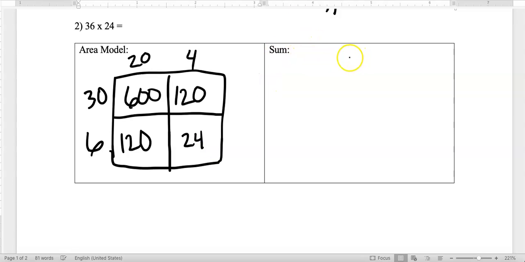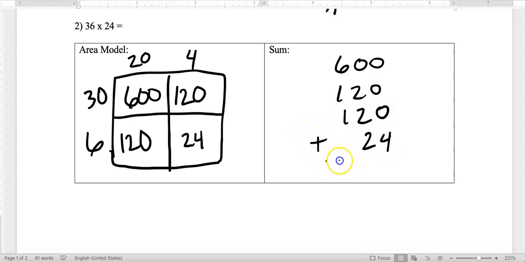Coming over to add all of my numbers together, I'm writing the largest number on the top, making sure my numbers or my digits are in the correct place, because if they're not, I will not have the correct answer. Coming on that, bringing that 4 down because it's just zeros up top. 2, 4, 6. Rolling my 2's there. 6, 7, 8. My answer for 36 times 24 is